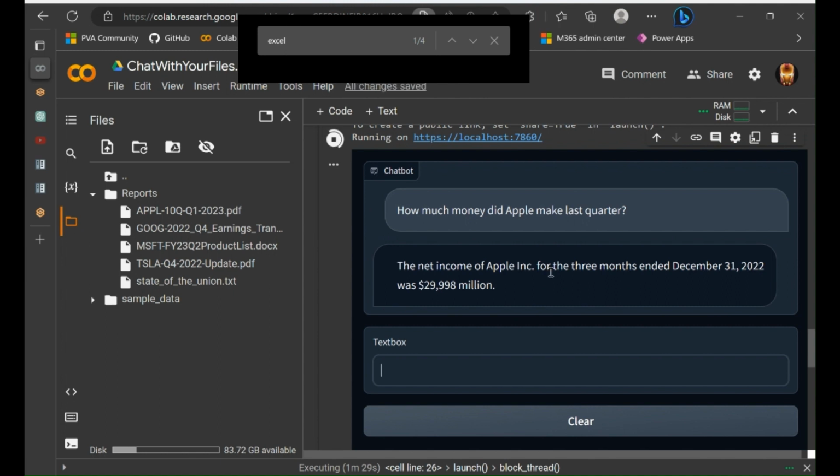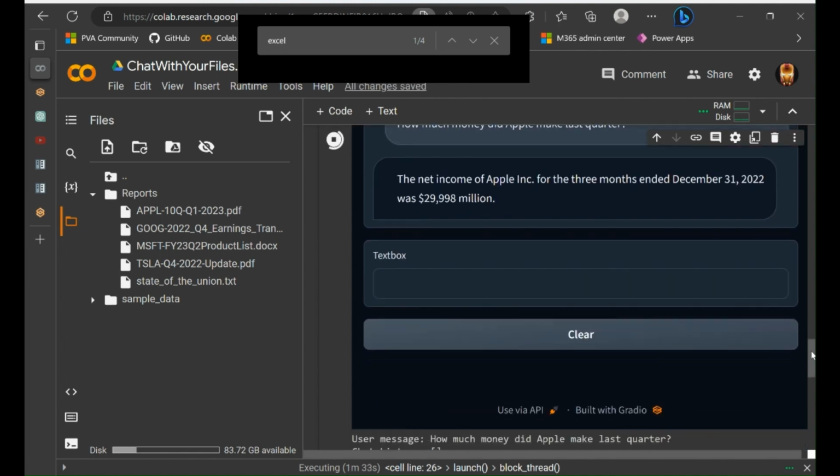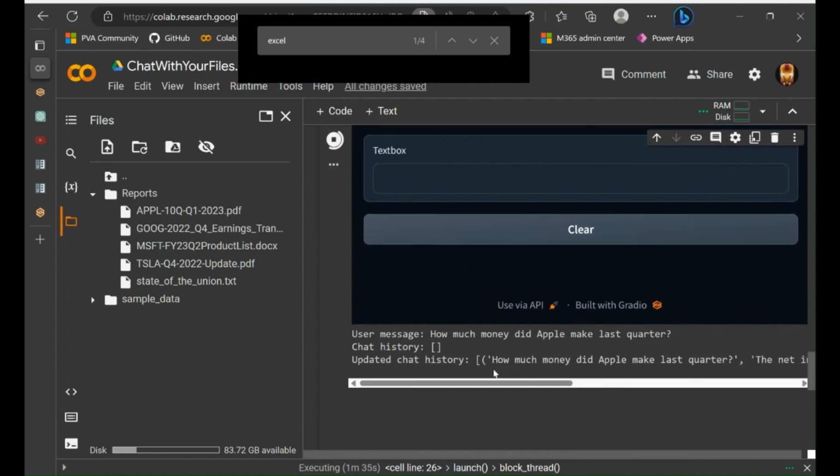Net income of Apple Inc. for 3 months ended blah blah blah is that. And if we move down, you can see first we started chat history as empty string, and then updated chat history is what's returned after the model returned the answers, which means now this variable will have user's question